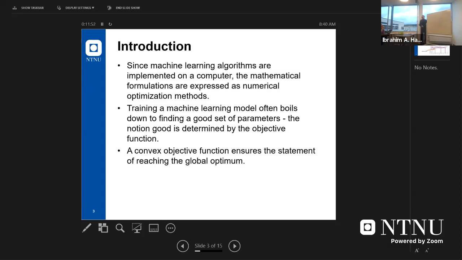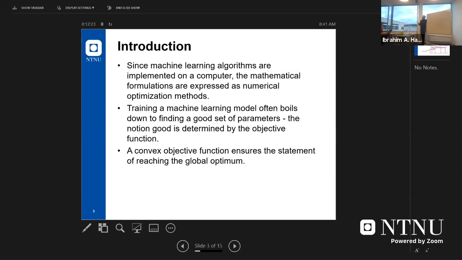Because this function looks very nice, but if the function looks like this, so what will happen? If we started by chance from that point, we will be lucky because we will reach this one. This one is a global minimum. But if we are here, maybe we will stop here, right? So there is no guarantee, in fact. It's like in optimization algorithms, stochastic approaches. There is no guarantee that you will reach the optimum one. We will reach an optimized solution, but not the optimum one. Because optimum, I mean,